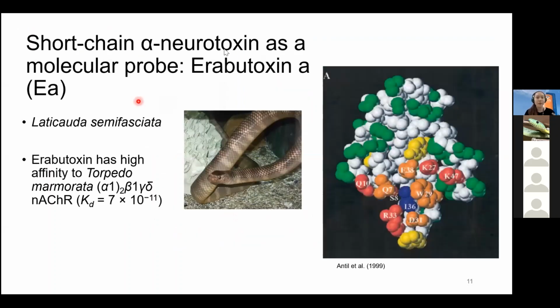So now I will introduce the toxin of interest, which is short-chain alpha neurotoxin, Aerobutoxin A. This toxin comes from the Laticauda semifasciata, which is the black-banded sea krait. This Aerobutoxin has a high affinity to the Torpedo marmorata nicotinic acetylcholine receptor. So this is the electric ray. And this particular receptor from the electric organ of the electric ray is homologous to our human fetal muscle receptor